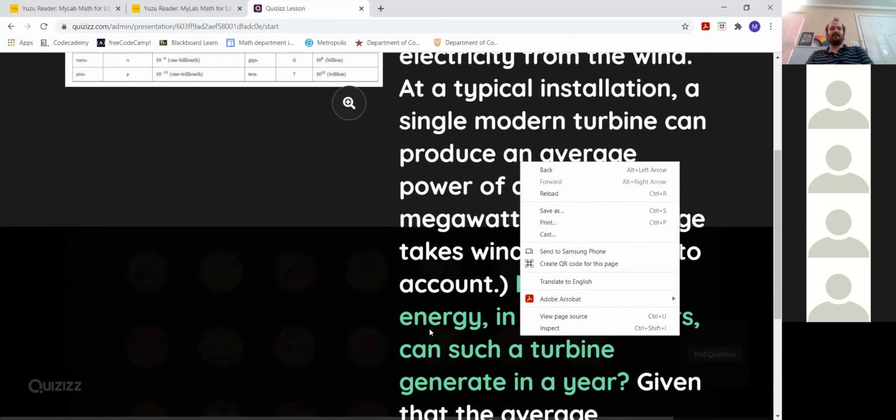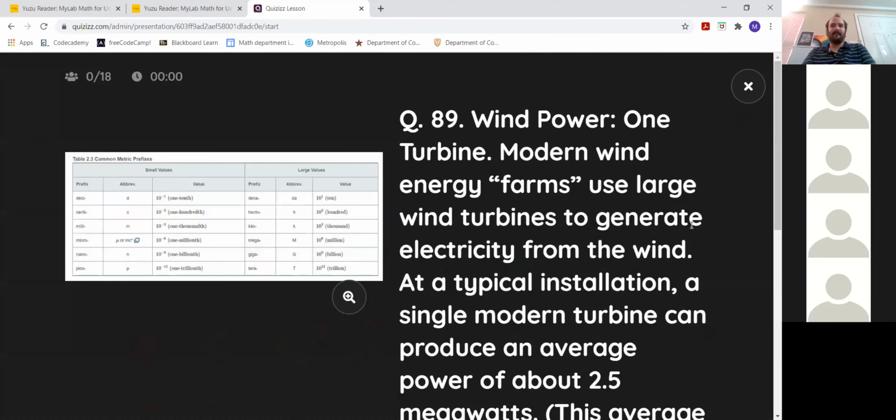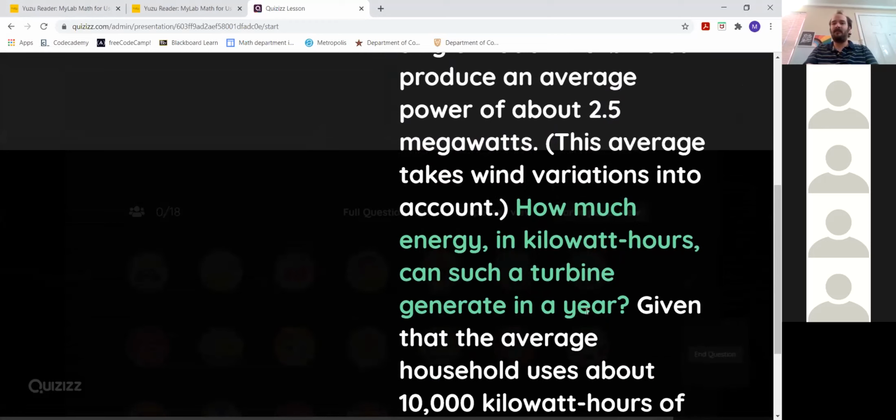Someone said in the chat, convert it to kilowatts. Yeah, we want to convert this megawatts to kilowatts, and we know it's producing this, and we want to figure out a year. So the next thing is we have to convert a year into